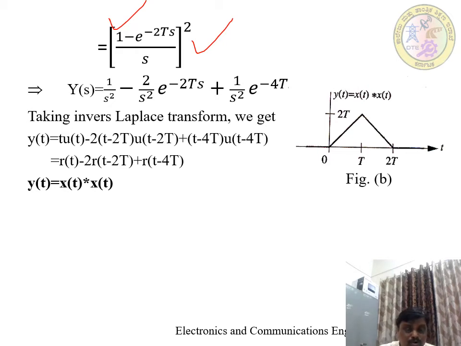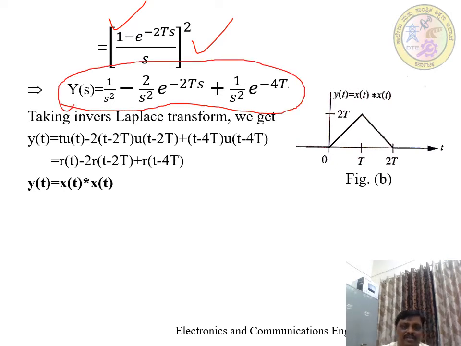Therefore, what is important is, now I need to find out the convolution of x of t convolved with x of t only. For this I must take the inverse LT. When I take the inverse LT, again I must use the LT pairs. Now when I take the inverse LT for Y of s, it is going to become y of